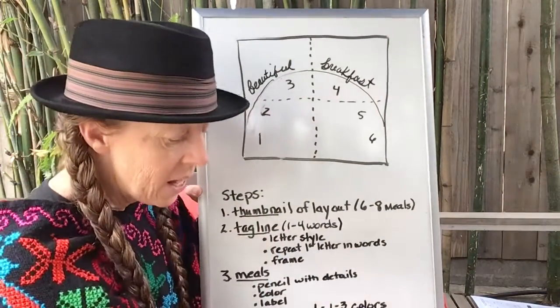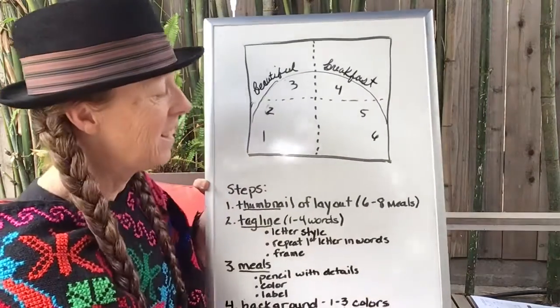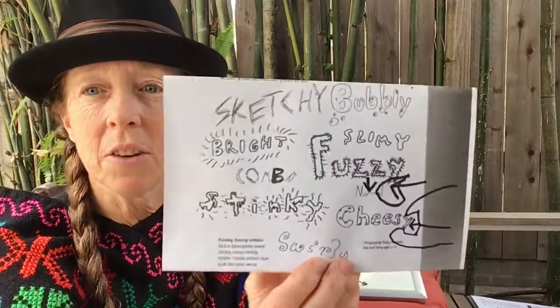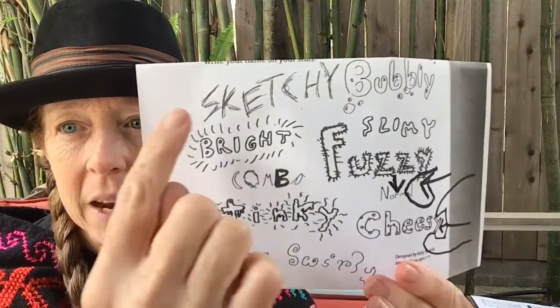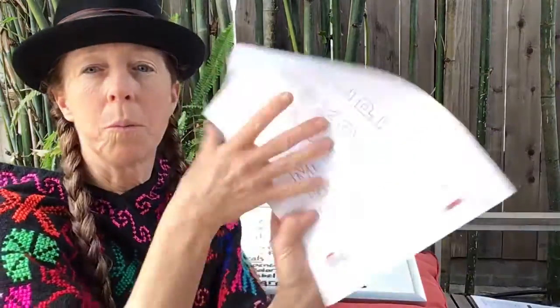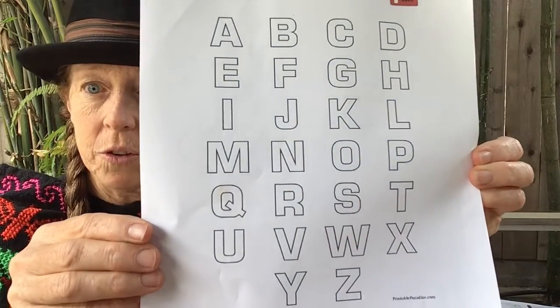Now you, again, can use any kind of lettering, and I am going to give you some ideas because I, of course, printed some out for you. So your lettering can kind of represent the message you're trying to convey. So you see sketchy looks sketchy. Bright looks kind of bright. Combo means different letters. Then, if you want to do block lettering, there's block lettering for you to refer to, so you don't have to look it up. If you want to do bubble lettering,